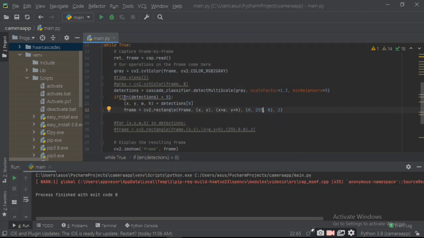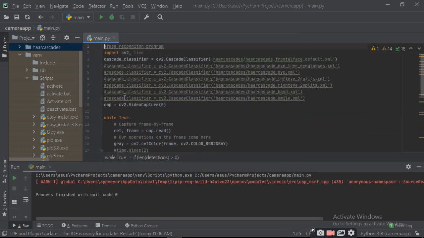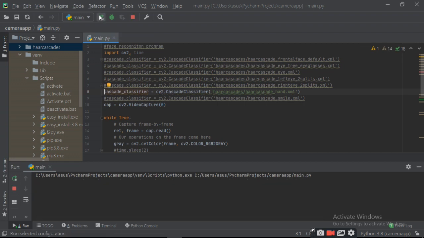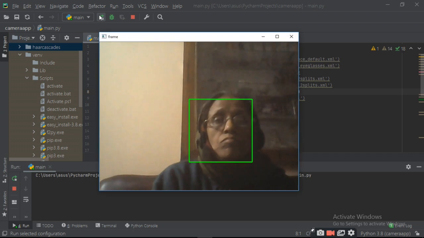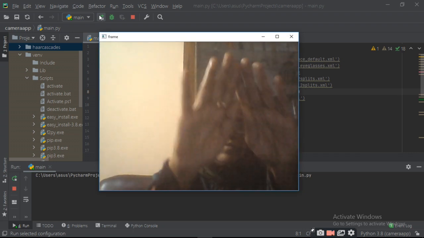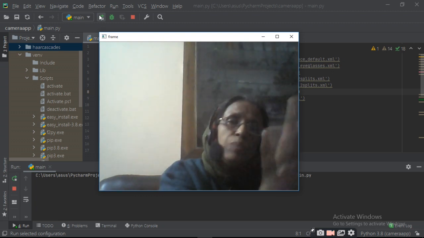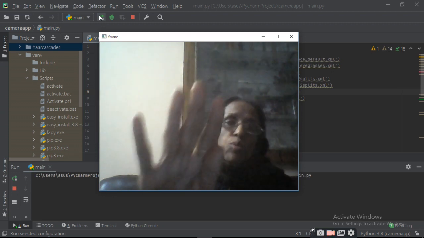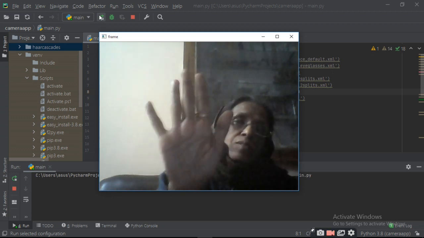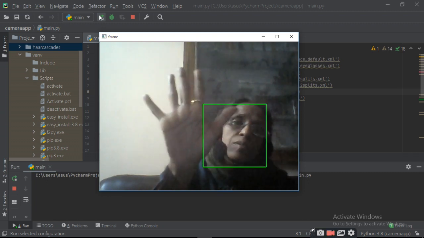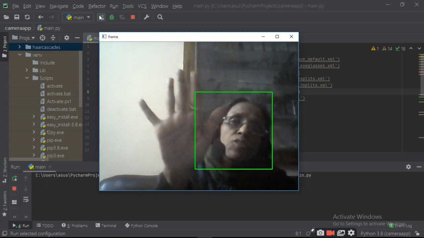Now I want to recognize the hand. For that I will use the hand classifier. So comment it out and use the hand classifier. Now run it. It will understand the hand because it is bigger than the face, so it is giving a bigger square for that and recognizing your hand.